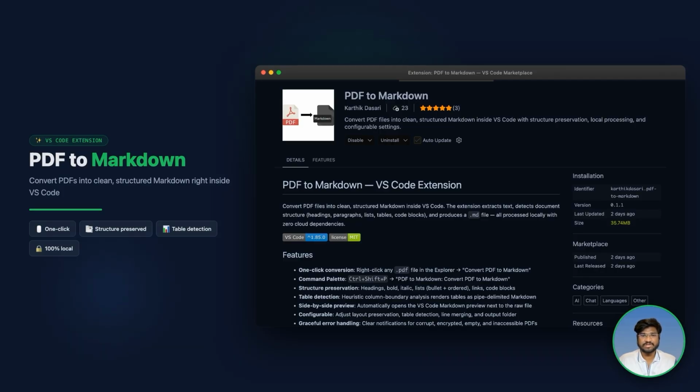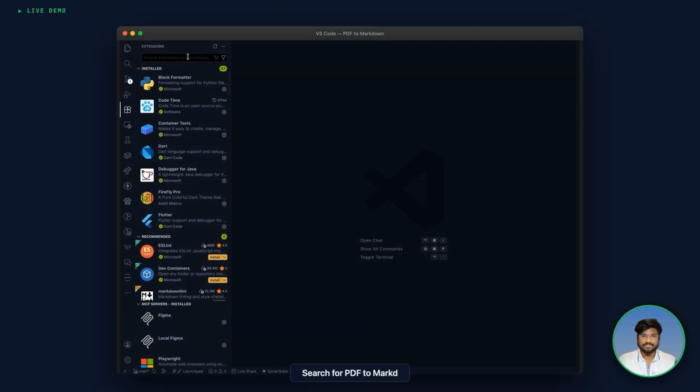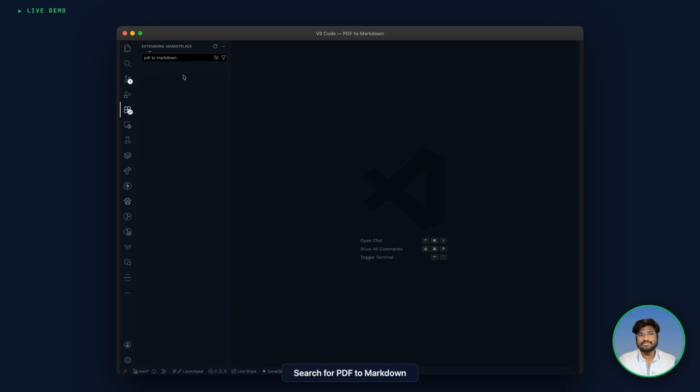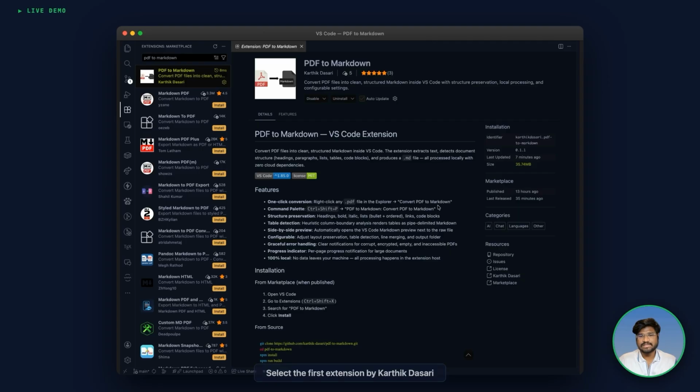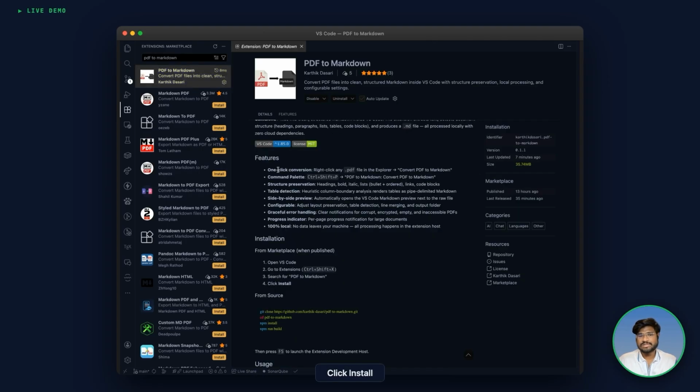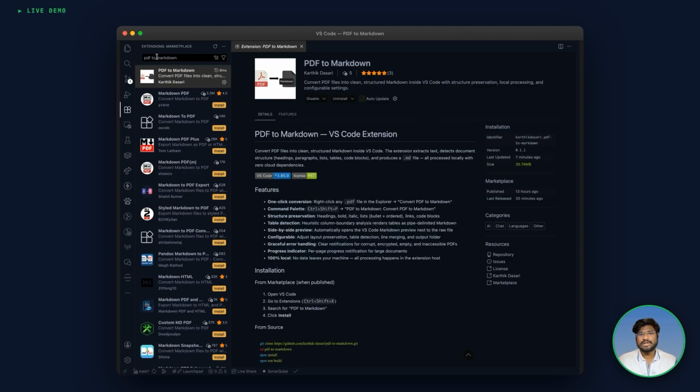You can search for it in the VS Code extensions. So now let us see a demo of how it works. Go to extensions and then search for PDF to Markdown. You will get one extension named PDF to Markdown by Karthik Dasari. It's me. You can click on install, and once it is installed and ready, you can go to your repository